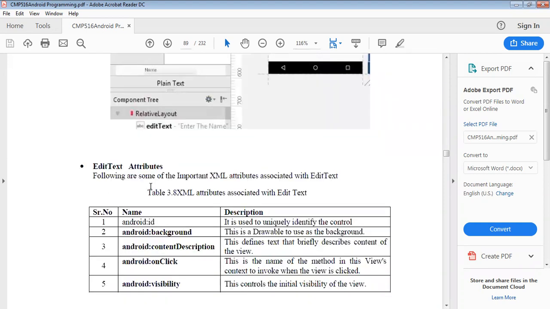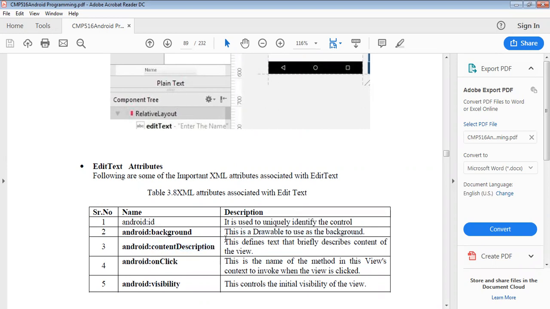Before that, we can see some attributes of edit text. Edit text also has IDs and background. Background means a drawable to use as the background. There will be some content description.